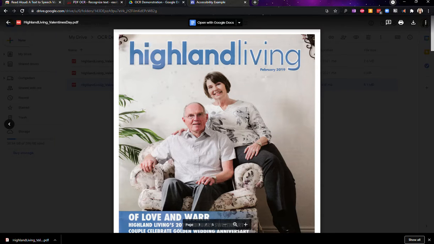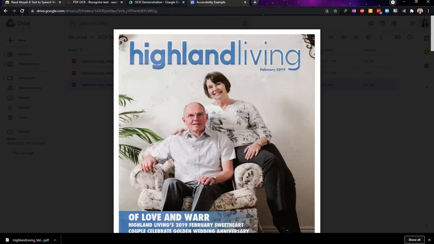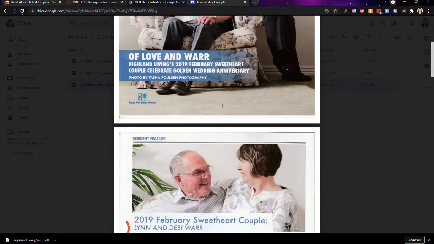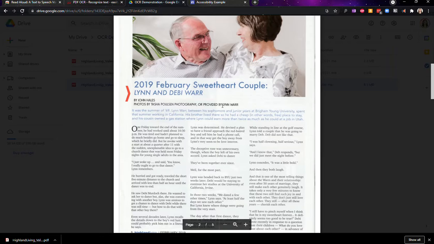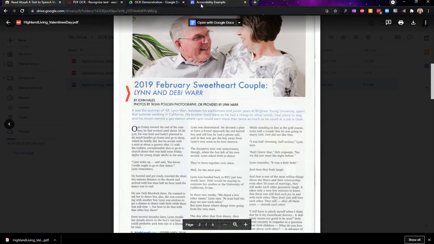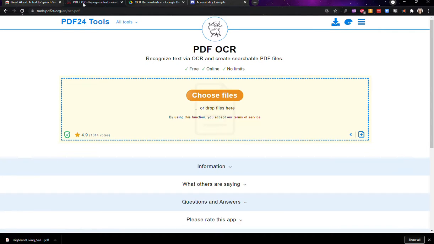it's only pictures. So we have to use a tool called optical character recognition, which is an artificial intelligence type tool that will identify what are letters in an image and what are words in an image, and it saves that in a layer on top of it. So there are some free ones online. The best one I found is PDF24 Tools, PDF OCR. All you have to do is drop your file in, run it, download it, and then you have an OCR